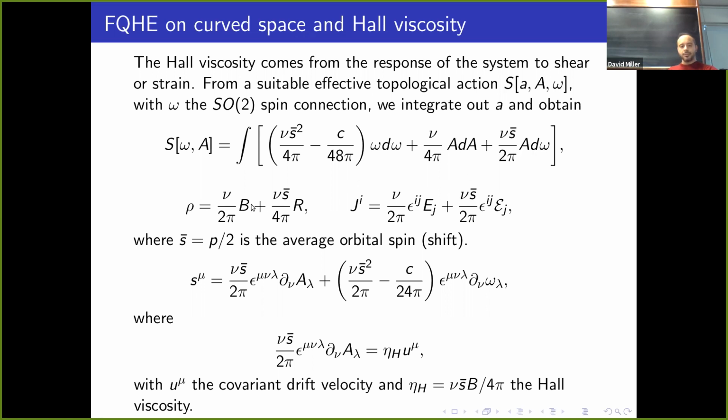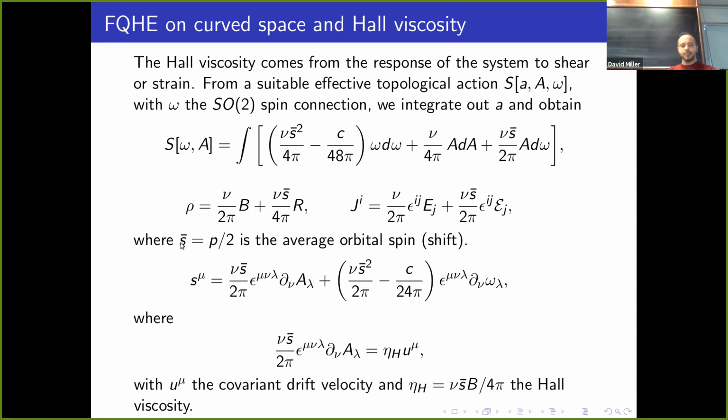So indeed, let me just show you. We can understand the phenomenology better just by deriving the corresponding equations of motion. By varying the action with respect to the electromagnetic field, we get the density rho, and we also get the current. Usually in flat space, of course, you get only this first term and this first term here, as I showed you before. Because of the geometry, because of this non-minimal coupling, now there is a correction from the geometry, where, sorry, I forgot to say, this